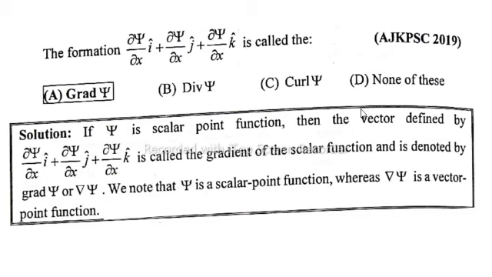In this lecture, I will solve the AJK PSC 2019 MCQ: the formation ∂ψ/∂x i unit vector plus ∂ψ/∂y j unit vector plus ∂ψ/∂z k unit vector is called the solution. If ψ is a scalar point function, then the vector defined by ∂ψ/∂x i unit vector plus ∂ψ/∂y j unit vector plus ∂ψ/∂z k unit vector